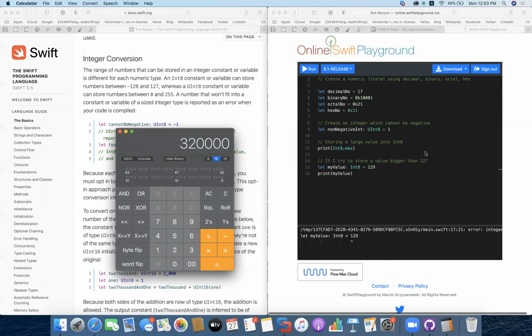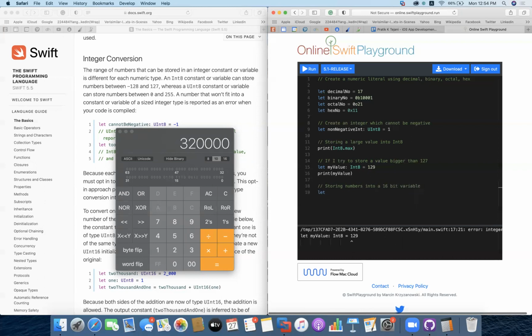Okay, so if I do this, storing numbers into a 16-bit variable.